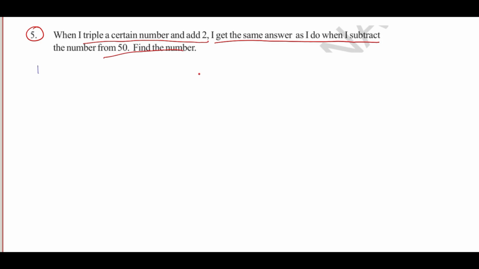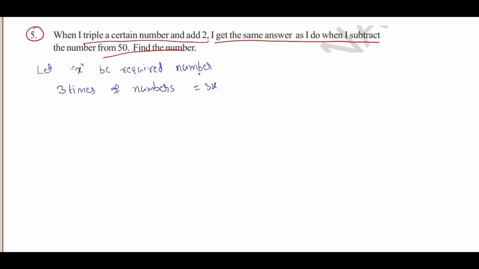So let me assume that x is our required number. If I suppose x is our required number, what we have been given is that if I triple this number, triple means three times the number, and for the three times the number, if I add 2, I get the same answer as when I subtract the same number from 50. That means three times this number is equal to 3x,